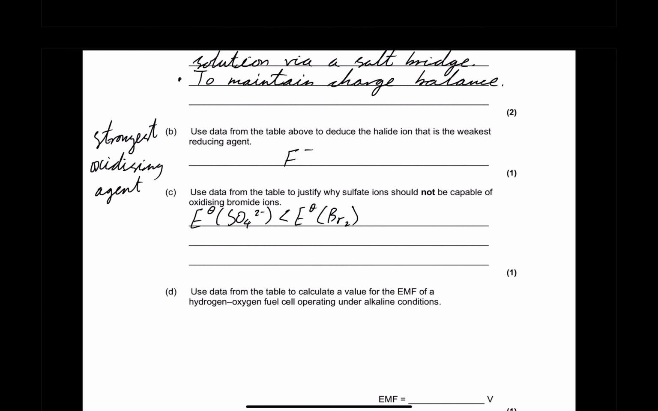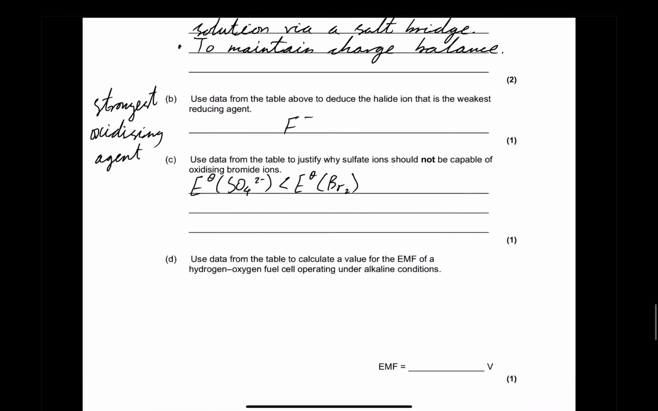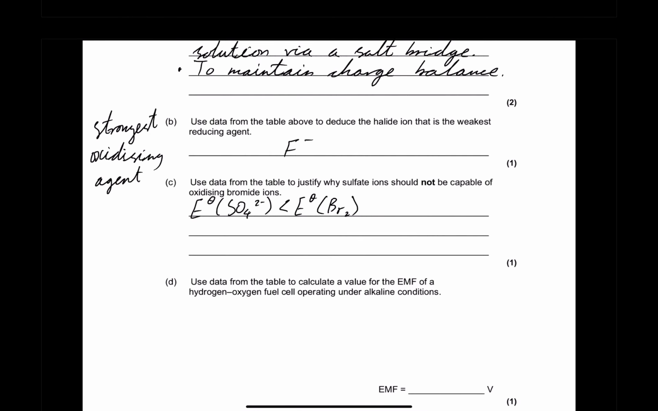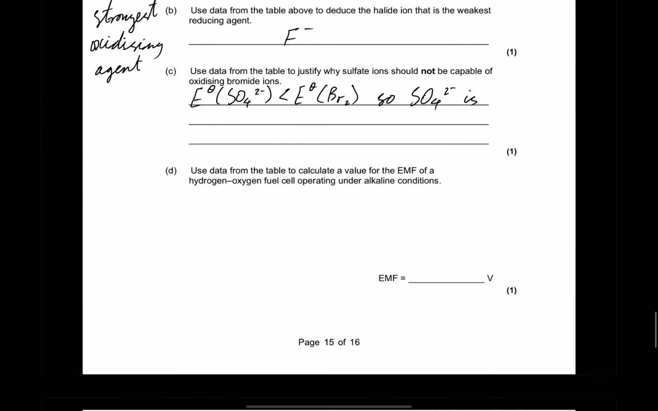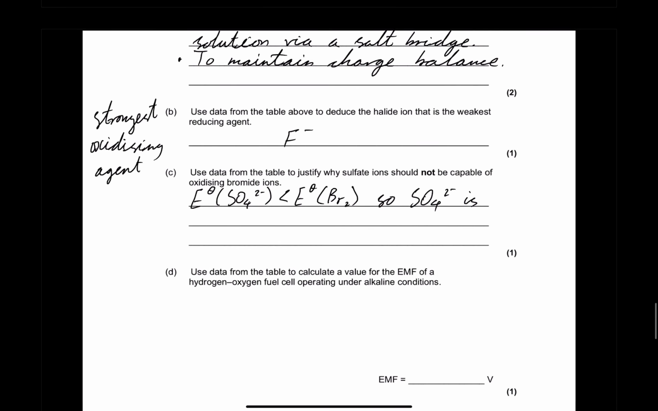Yeah, that in itself is enough to say what you mean. The electrode potential of SO4 2- is lower than the electrode potential of Br2. So SO4 2- is, I'd say, more likely